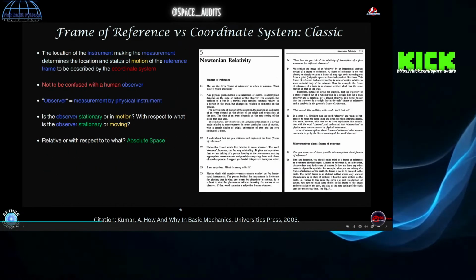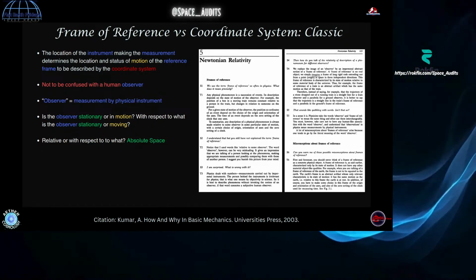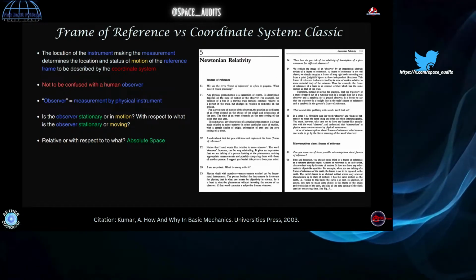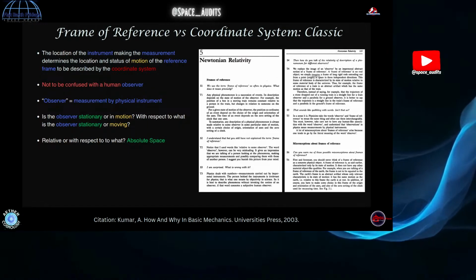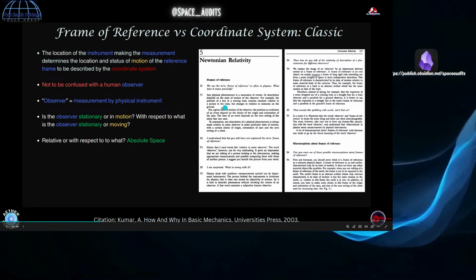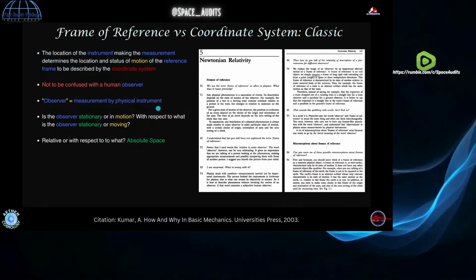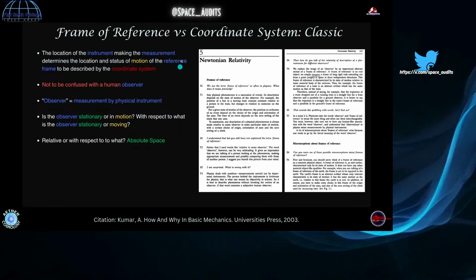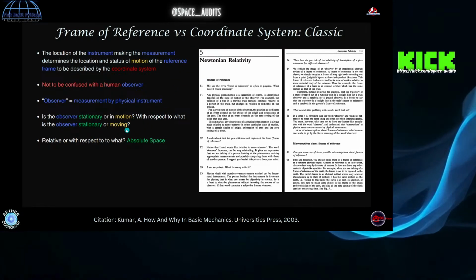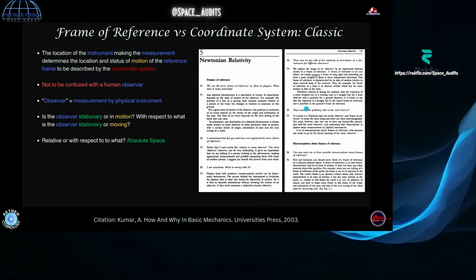And then, real quick, before we continue on with the dynamics book, we're going to swing by the how and why and basics for mechanics, where a quick dialogue is given on reference frames, so as not to confuse it: it doesn't mean that that's where the human is, that's where the instrumentation is. I just wanted to be really clear about that because this leads to a lot of misconceptions, apparently, even in higher levels of academia when they're talking about reference frames and coordinate systems. They are specifically talking about where the instrumentation is, where the measurement is being made, and he just wanted to make that clear. So they do this anecdotal back and forth between a professor and a student.